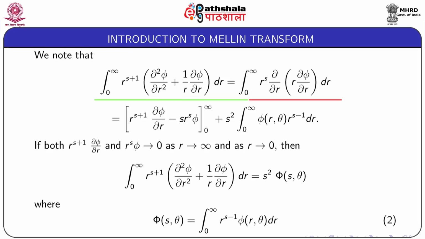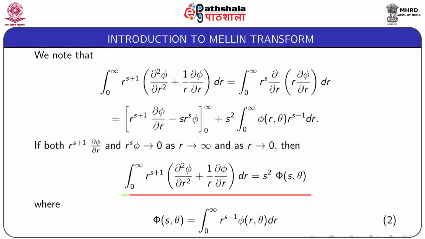This can be written as the integral from 0 to infinity r to the power s del del r of r del phi del r dr. Now, this can be integrated by parts to obtain r to the power s plus 1 del phi del r minus s r to the power s phi, r running from 0 to infinity, plus s square integral 0 to infinity phi r theta r to the power s minus 1 dr. If we assume that r to the power s plus 1 del phi del r and r to the power s into phi both tend to 0 as r tends to infinity and r tends to 0,